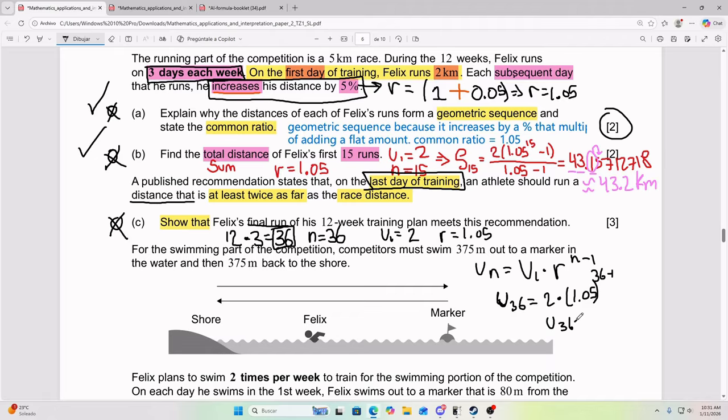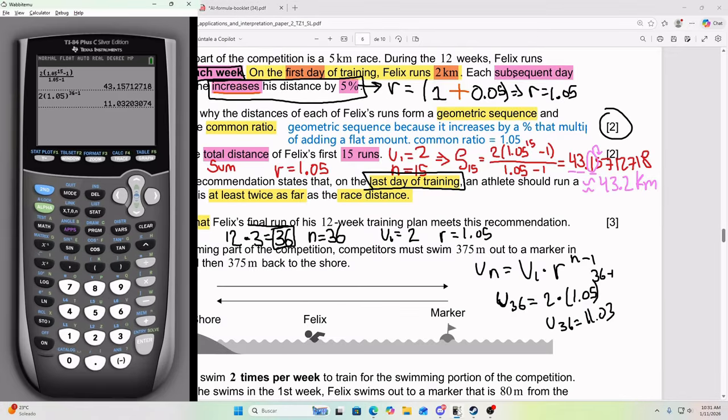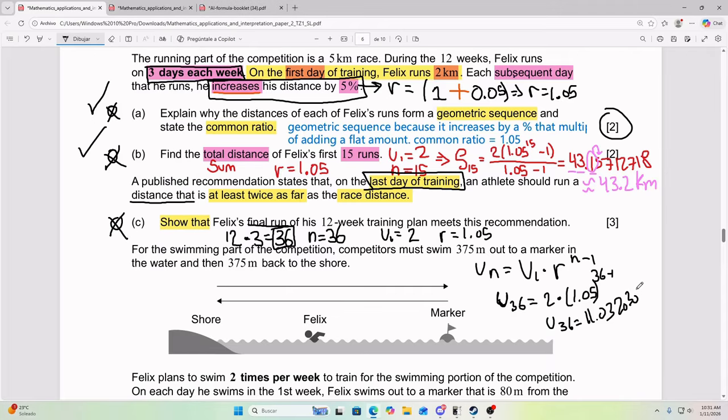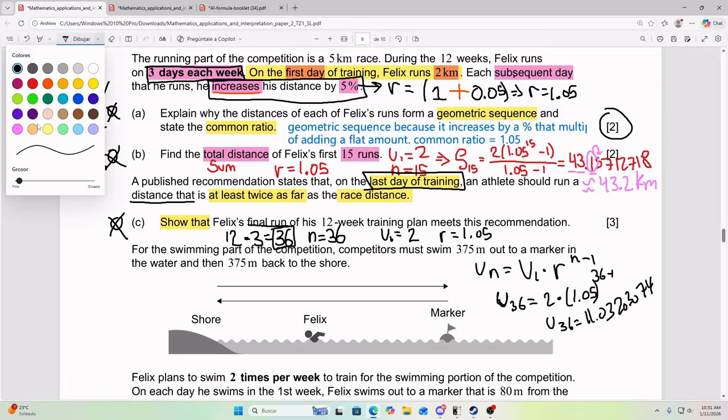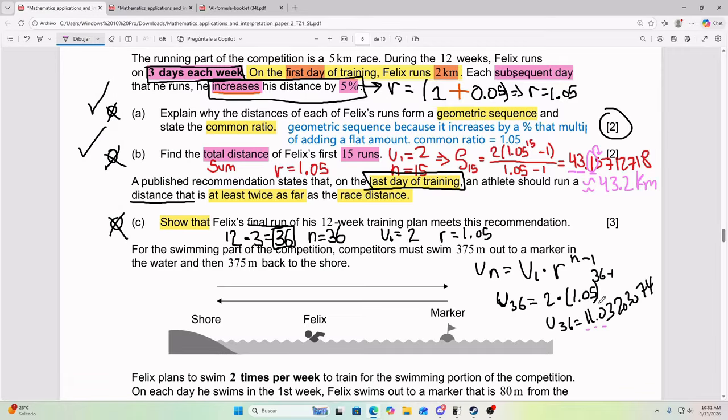So u_36 equals 11.03. And once again, if you want significant figures, you count 1, 2, 3, round it up or keep it the same, so you can leave it as 11 kilometers. Now,